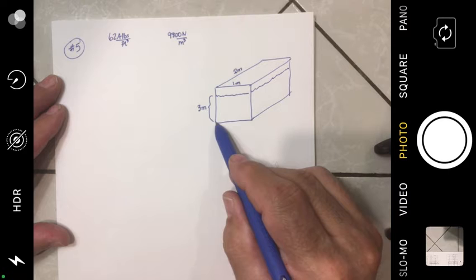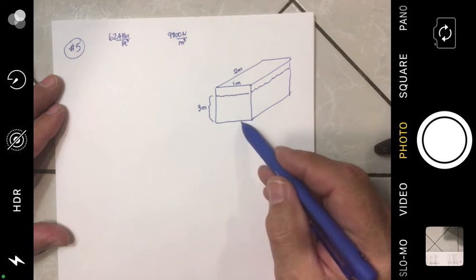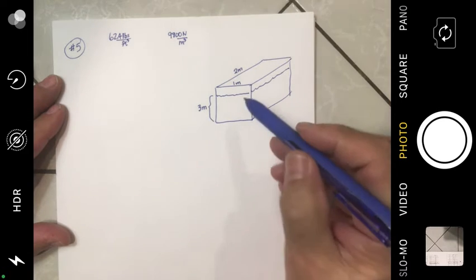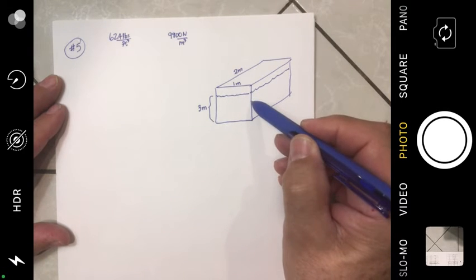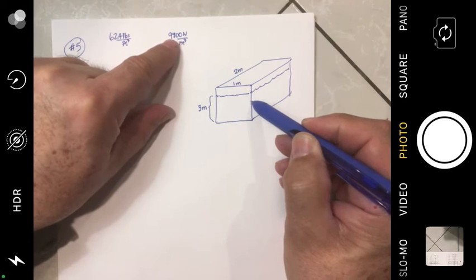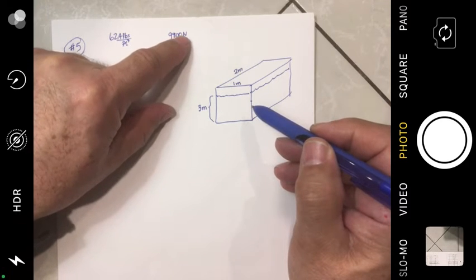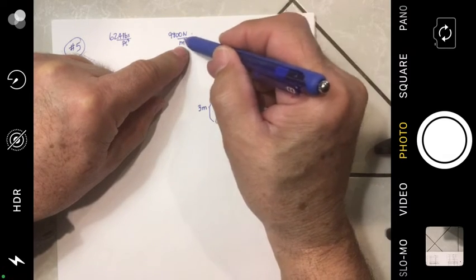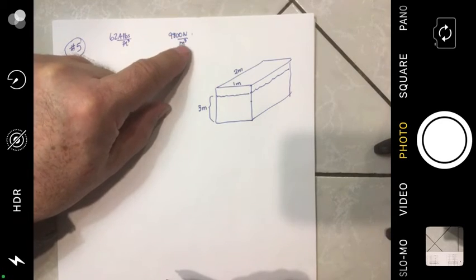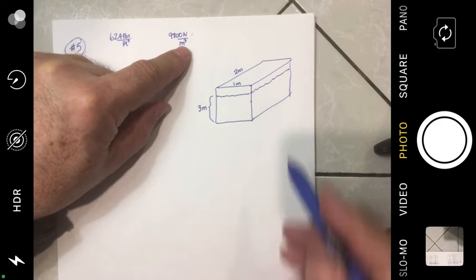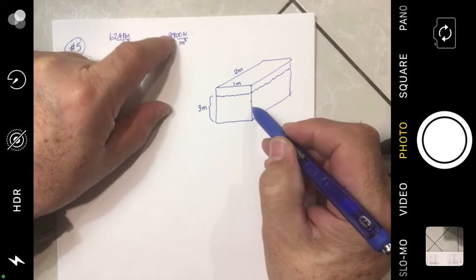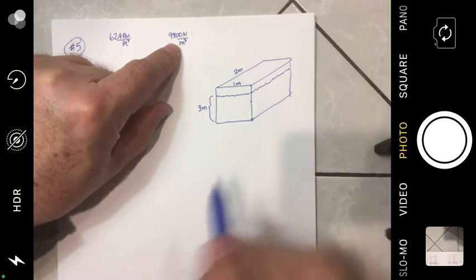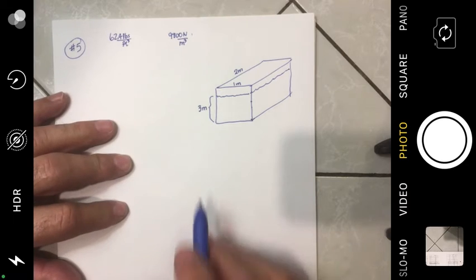Now, if I want to know the pressure at the bottom, the pressure is a very simple thing. If you go down 1 meter, the pressure is 9,800 newtons per cubic meter. I just multiply by 1 meter. Cancels one of them, and the pressure is 9,800 per meter squared. If I go down 2 meters, it's 2 times that. If I go down 3 meters, it'd be 3 times that. So if I ask for the pressure at the bottom of this,